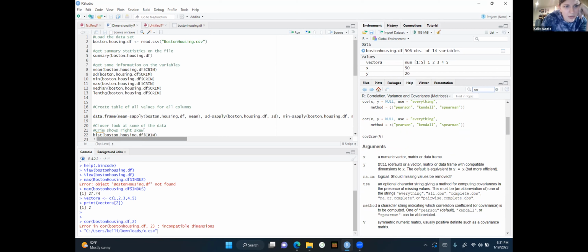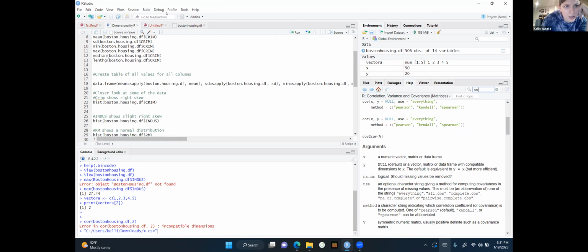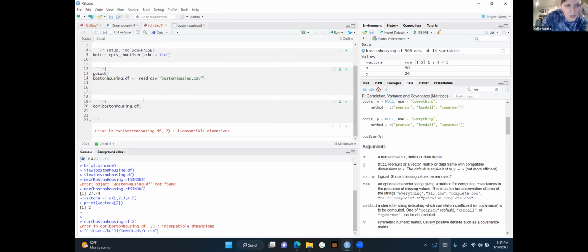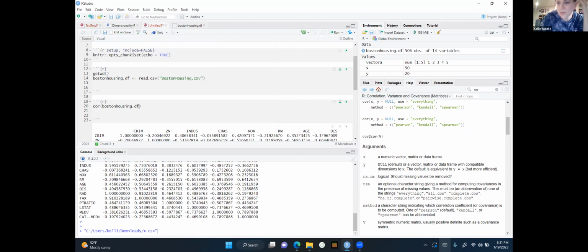Oh, I don't think you need. Yeah, you don't need to call. So you were telling it the dimensions, but it will default to the dimensions of your data set if you don't specify. So when you tried to specify the dimensions, that's why it was yelling at you. You were telling it to make a